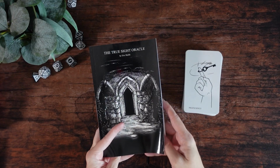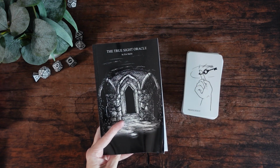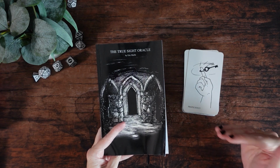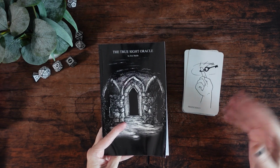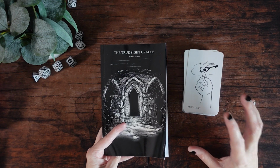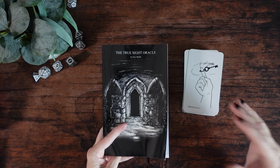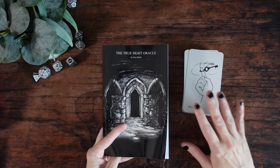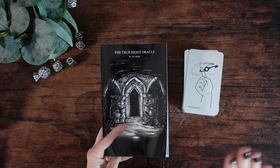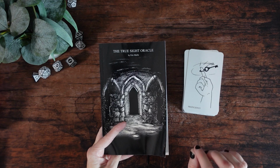So real quick before we wrap up this very lengthy, very fangirly video, I want to talk about using this deck in game. I have not actually worked with this deck in game. I started just working with it with the tarot and the cards like you saw here. My next step is to bring it into not only a tabletop D&D game, but to see if I can use it in video games as well, because I absolutely love incorporating cards into my gameplay in any way, shape, or form that I can. I did want to talk about